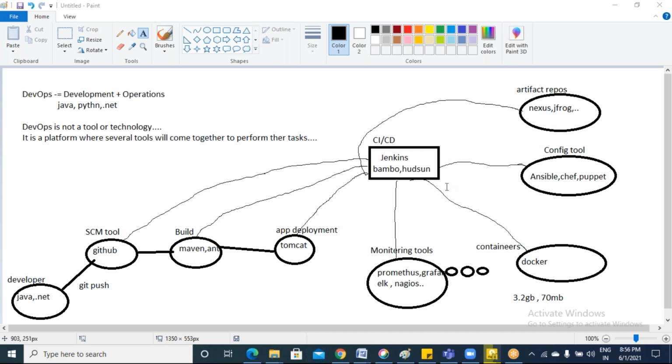Fine. And we can set up this entire environment in Docker. In the same way, to reduce the cost, we can set up this entire Docker environment in Kubernetes also. Kubernetes is also an orchestration tool, where we will be creating the pods. A pod is nothing but a container type here also.